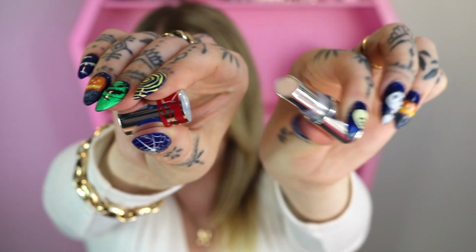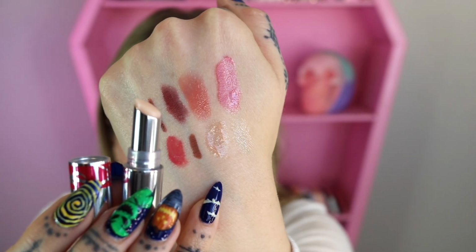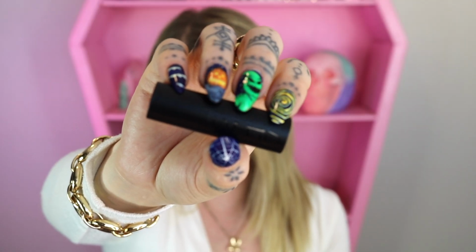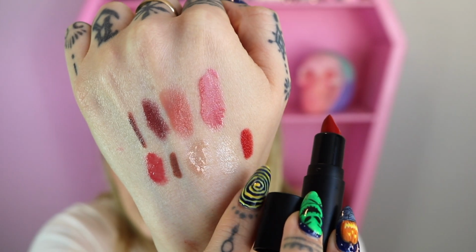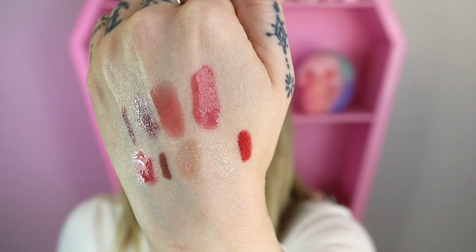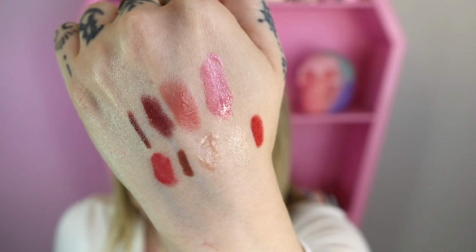This is in the shade Candy Glaze, which is all the way over here. It is a very sheer, pretty much clear gloss with a little bit of a pink hue. And then last but not least, we have a deluxe version of the NARS Explicit Lipstick in the shade Unauthorized, and it's this classic red over here that is also supposed to be a satin finish, which again is very pretty. Definitely that classic kind of red,